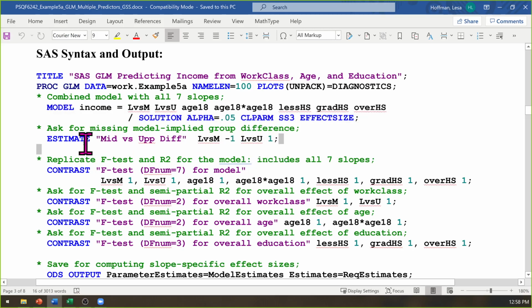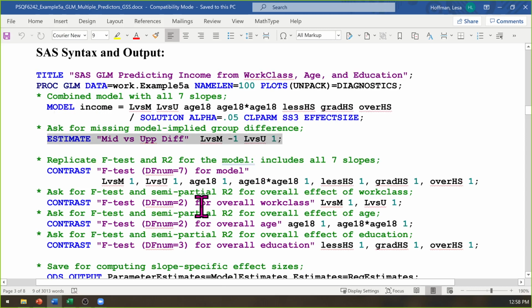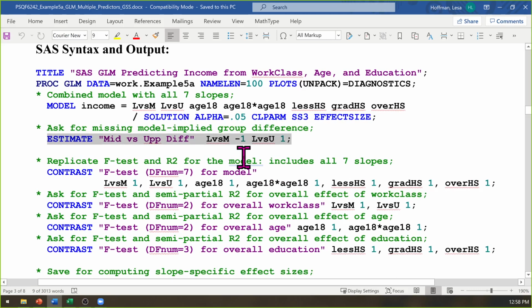There's also one more thing that I'm asking for with an estimate statement here. Because the model gives me low versus middle for my grouping predictor and low versus upper, it's not going to directly give me middle versus upper, and so I'm going to ask for it here. So the difference of the slope for low versus middle and low versus upper, that difference in slopes gives me middle versus upper.